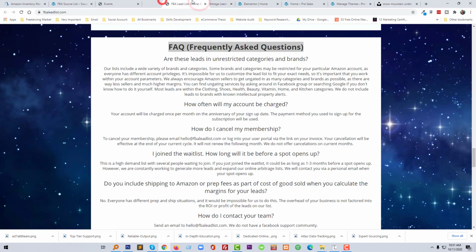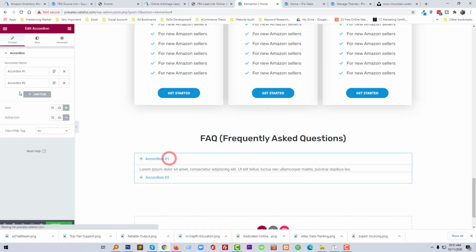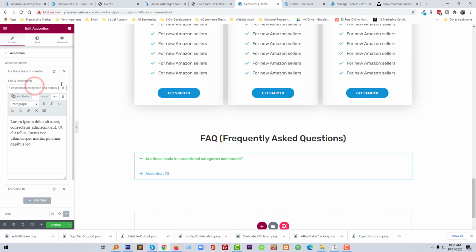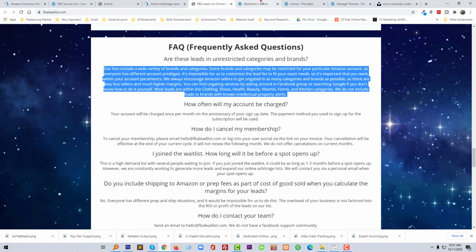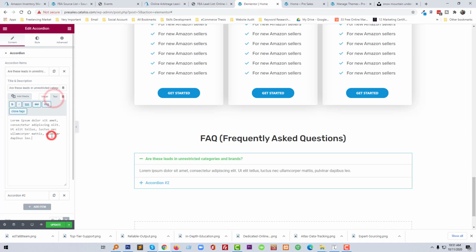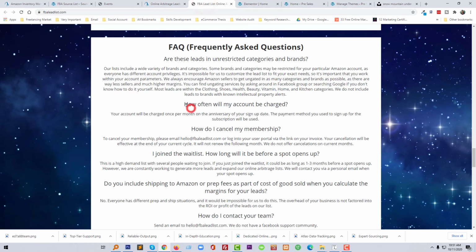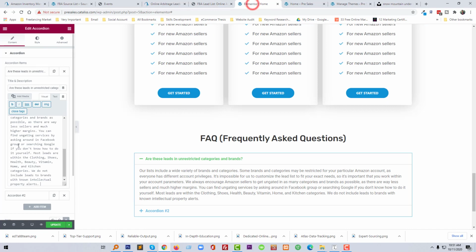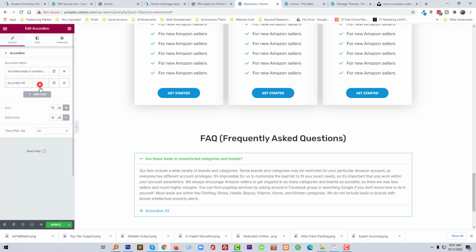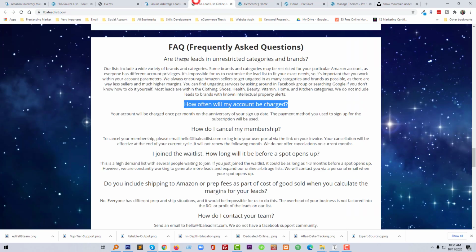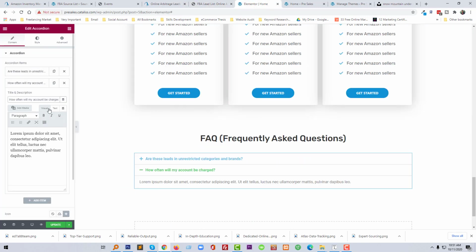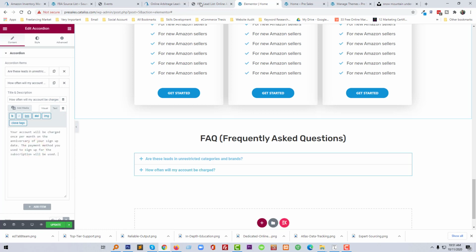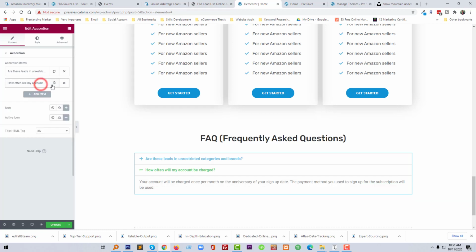And now we need to add some FAQ. First of all I'm going to add this one, and add some text from here. Then going to add this one and add some text here. And now we're just going to duplicate,